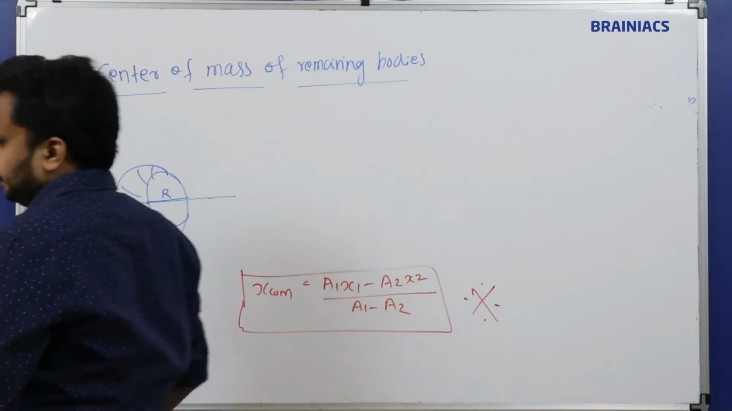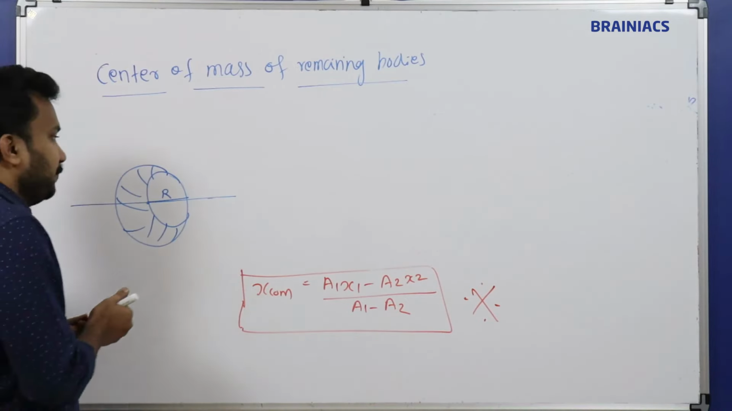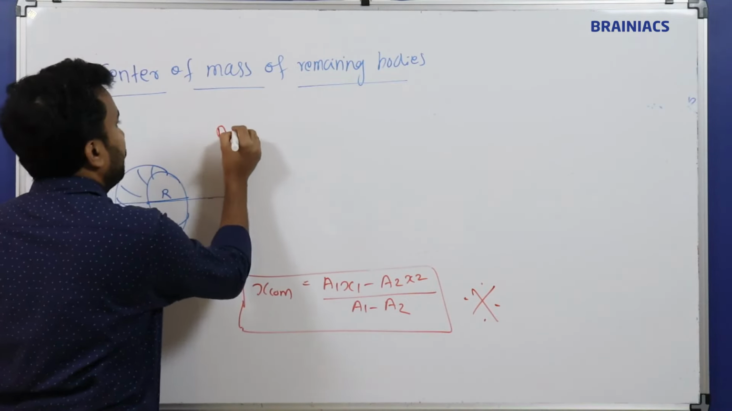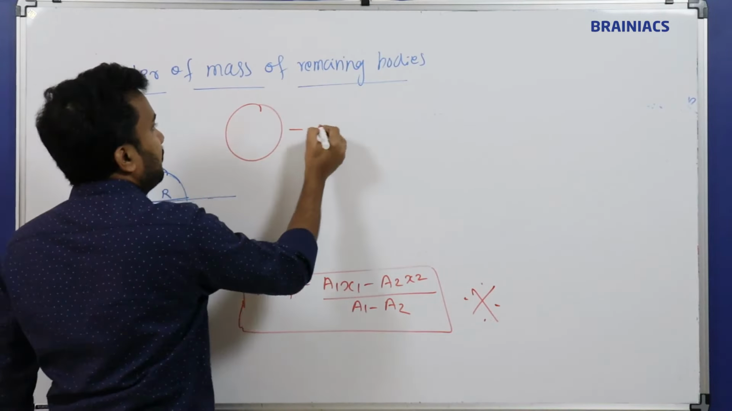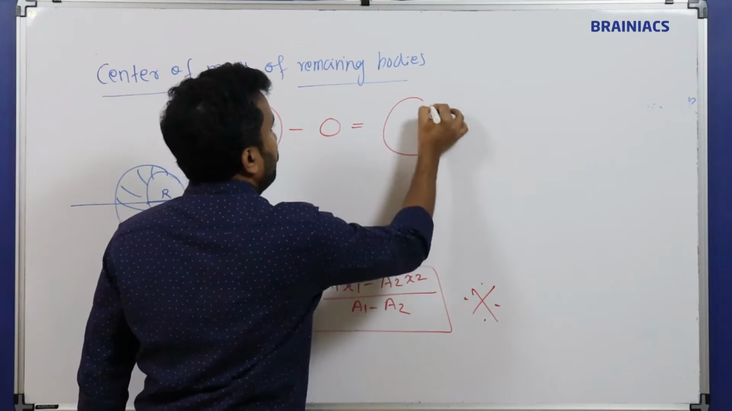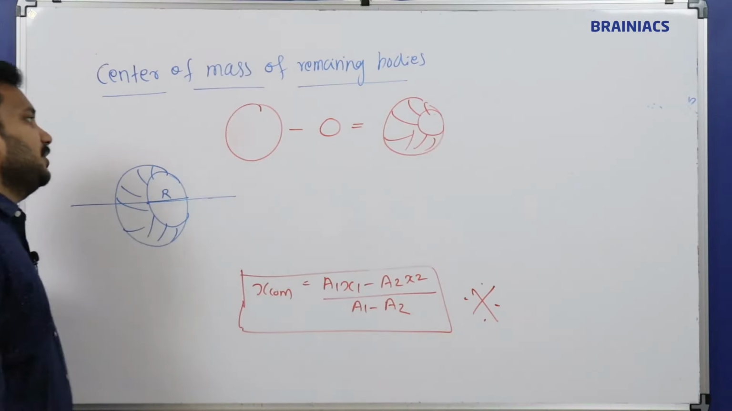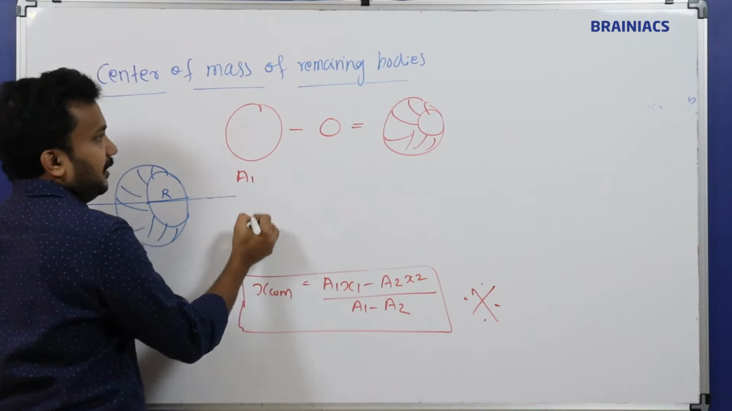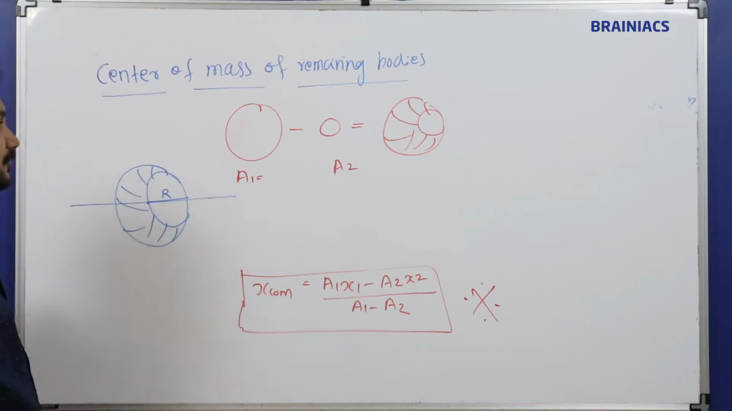So let it be like this. How many spheres will be here? We have two spheres here. One is the removed portion and another one is the original portion. So what is A1? A1 is the bigger sphere area. Bigger sphere minus smaller sphere gives us the remaining portion. So this sphere has area A1, and this one has area A2. Here the area will be equal to the area of this